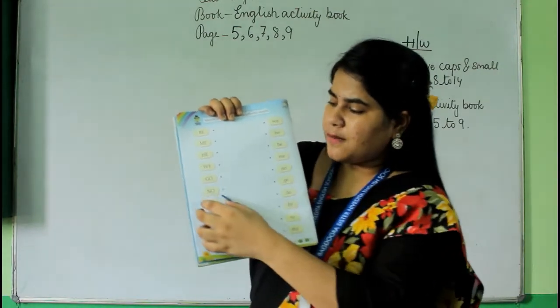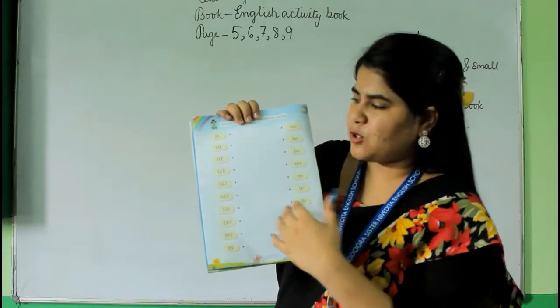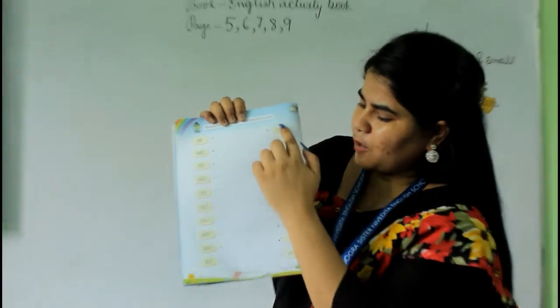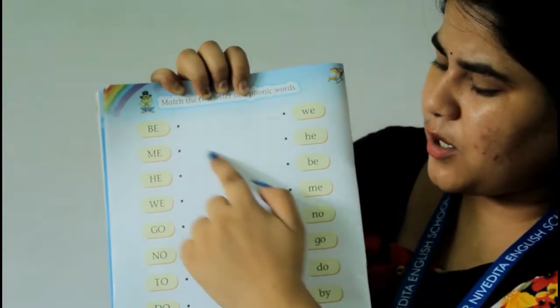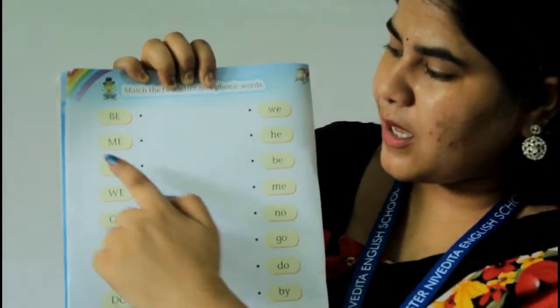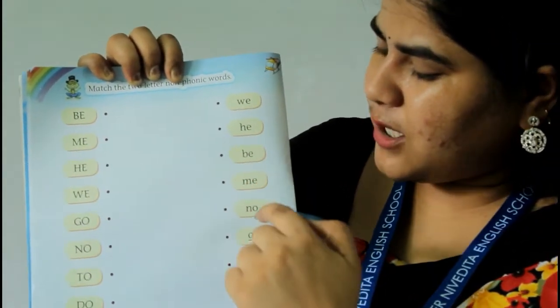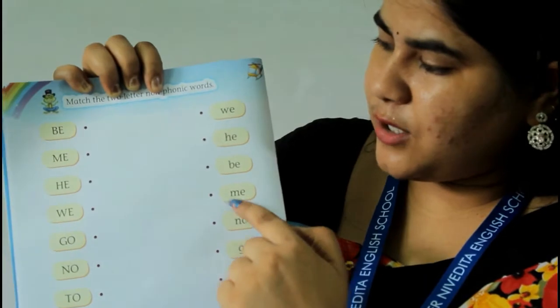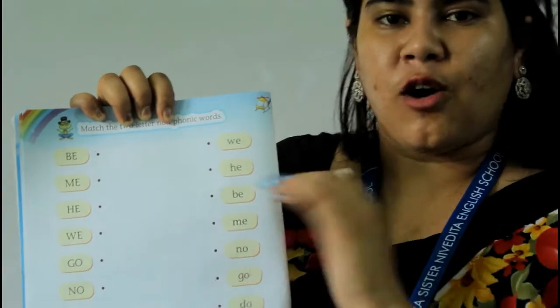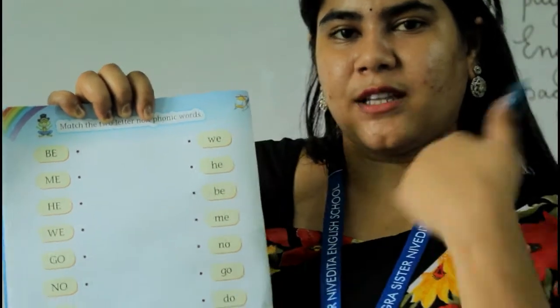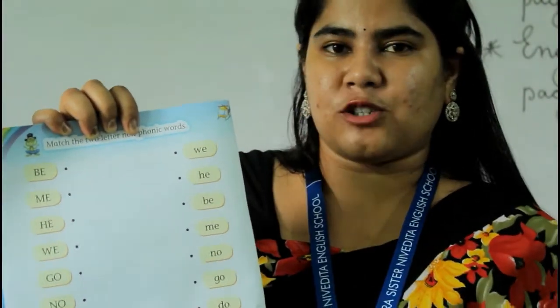So you will match both these columns, okay? D-E-B, where you will get this in small letter, it's here. So you are going to match this, okay? M-E, me, where it is written in small letter, here it's written. So you will match this, okay? In this way, you will complete all this exercise, okay? The first one also and this page also, okay?